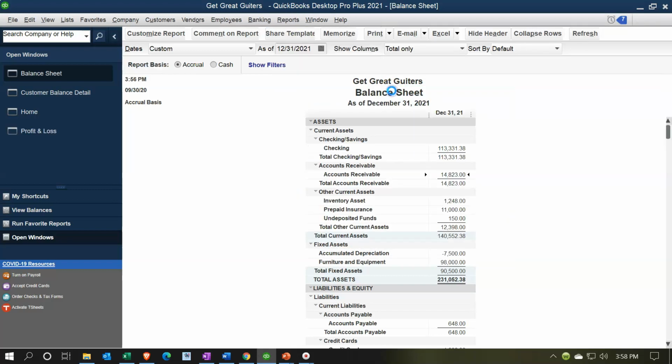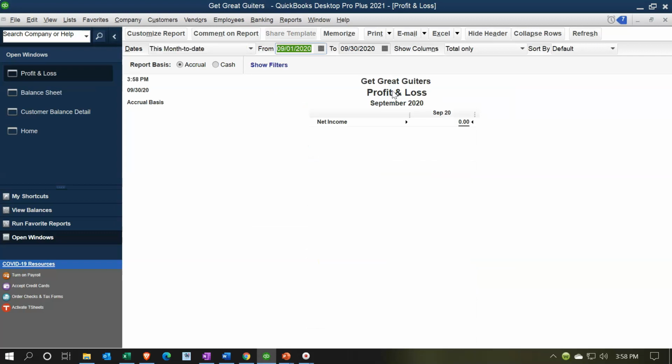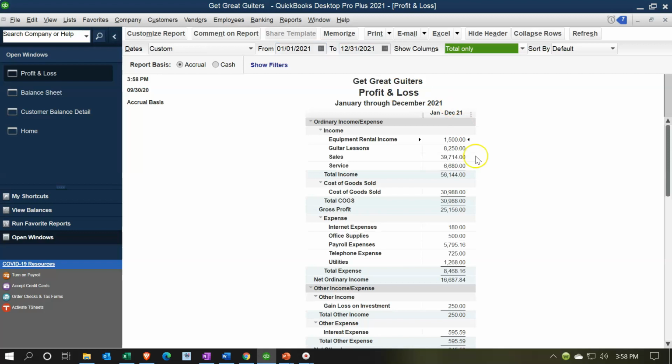We'll take a look at the P&L, profit and loss income statement, changing the dates from 1/01/21 to 12/31/21. And now we have the equipment rental income at the 1,500. New item listed here. Again, we're getting kind of a lot of different segments, but remember, you only want the